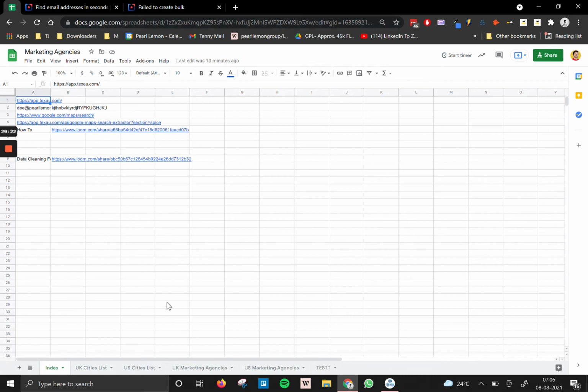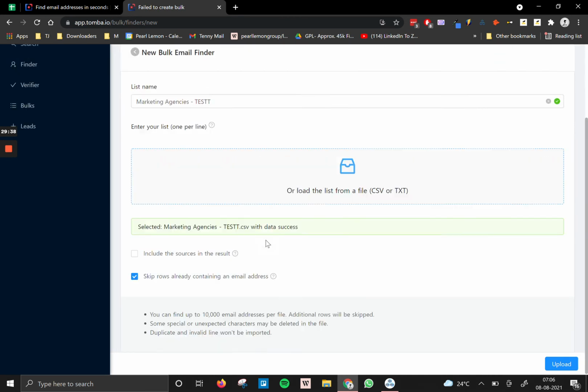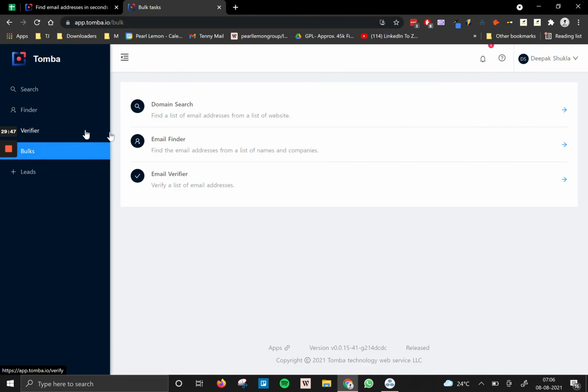In case you want to run a cold email campaign, you need to grab the emails. So for that, if you have first name and last name, you can use the same domains and find all the emails of people in that company using Tomba, using the bulk domain search. In case you have first name and last name, you can use this feature like the email finder in bulk. In case you don't have anything, you just have domains, use this